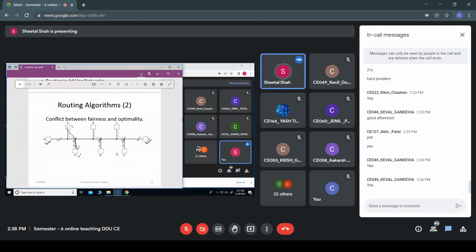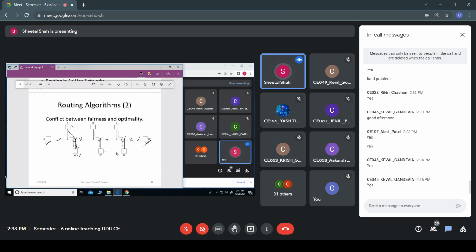Okay, so sometimes it should be possible that if X and X dash want to communicate with each other, then the traffic from A to A dash, B to B dash, C to C dash should be stopped. Then only X and X dash can communicate with each other.